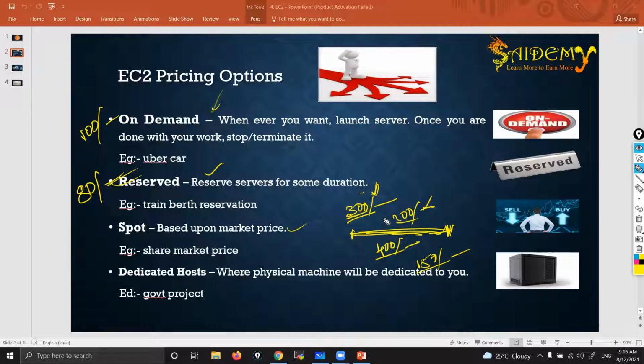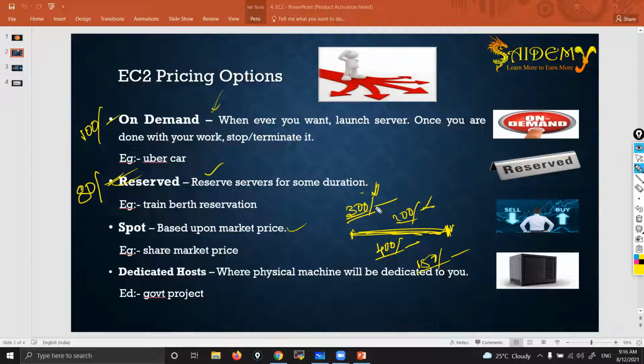So what kind of advantage are we getting, and who uses this? Simple. Assume that I am the owner of Walmart or D-Mart. At the end of every month, I need to do larger calculations. For that, I need one higher configuration instance. I don't have any time limit that I need to launch early in the morning or evening only. I can launch anytime. But at that time, I choose a time where demand is less, where I can get an instance for a lesser price. I choose midnights,